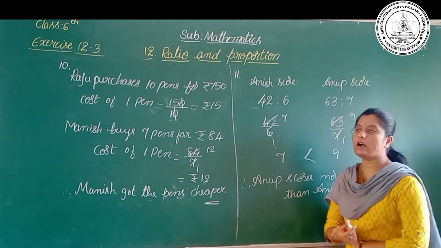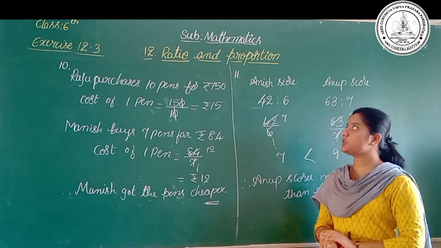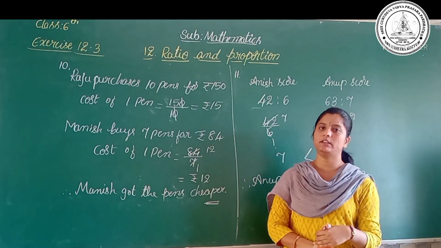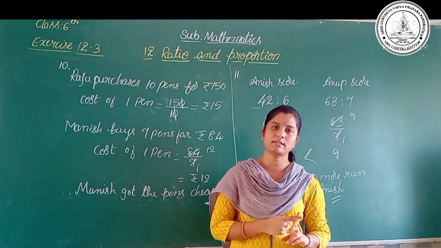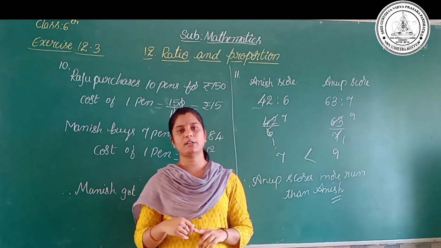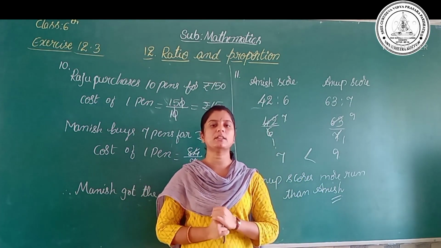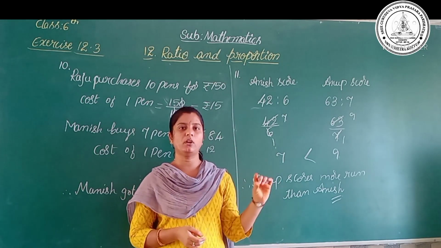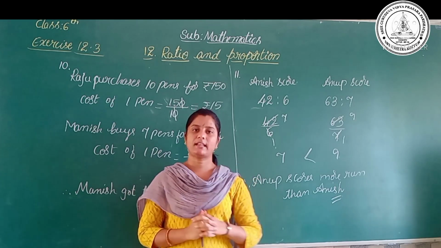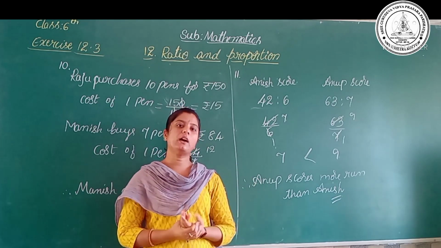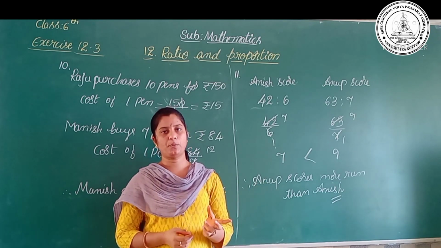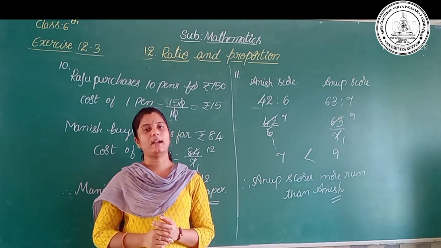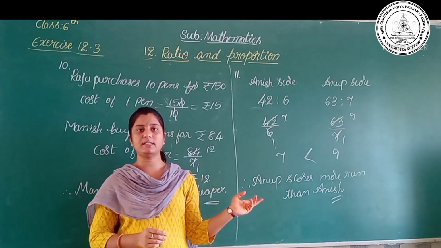Yes. Up to here we have completed the lesson Ratio and Proportion. Let us recall what we have learned in this lesson. The first one is what is ratio. Ratio means the comparison of two quantities of the same kind. The symbol of the ratio is two dots, and it can be read as 'is to'. We have also learned proportion. If two ratios are equivalent, they are said to be in proportion, and its symbol is four dots. It can be read as 'as'.